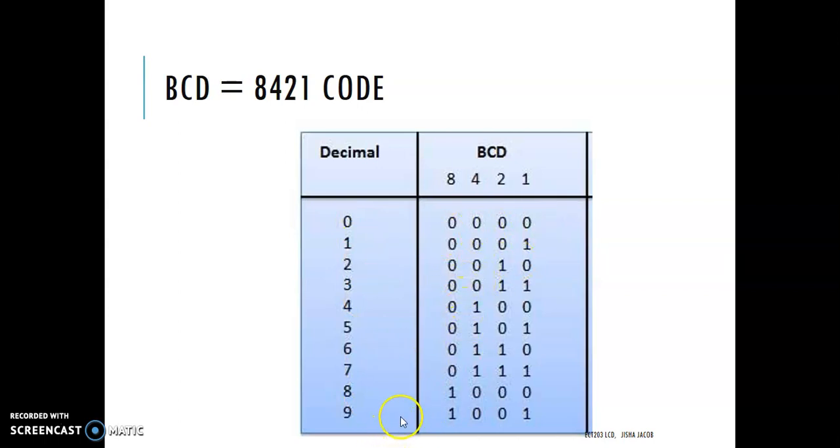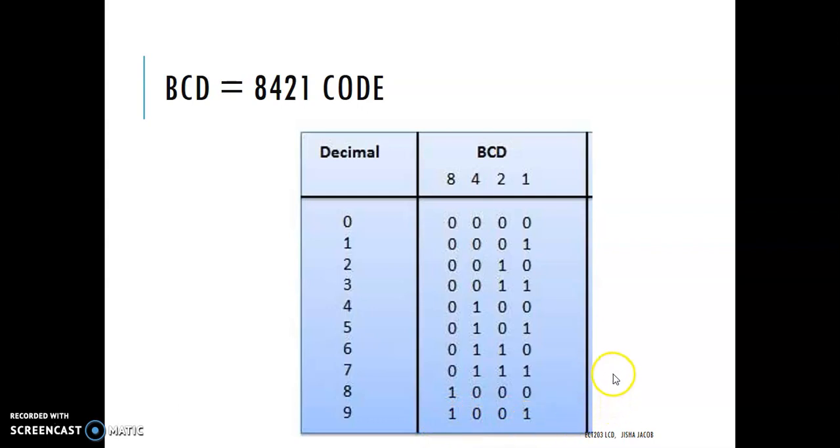So how many bits are required to represent BCD digits? 4 bits, because 1001 is the maximum digit in BCD, and that requires 4 bits. But then this is not the last 4-bit binary number. The next number is 1010, that is 10. And 10 is considered as an invalid number in BCD logic. So in BCD, the numbers after 1001, that is 1010 and so on up to 1111, are considered invalid digits.